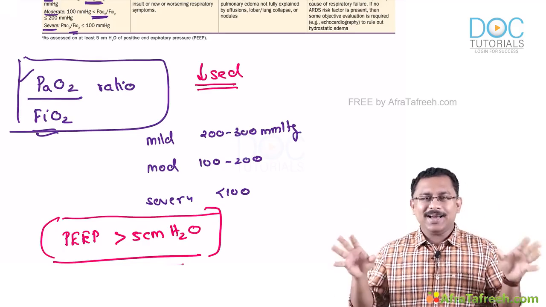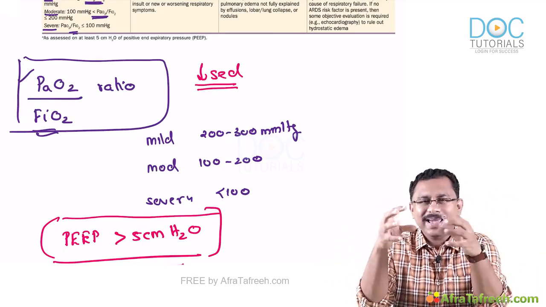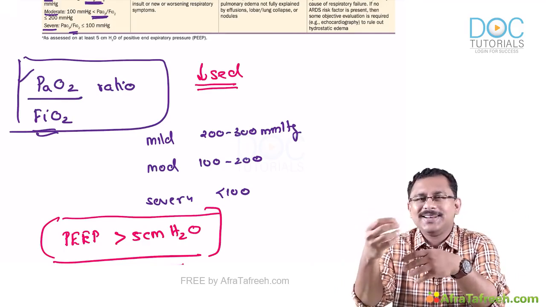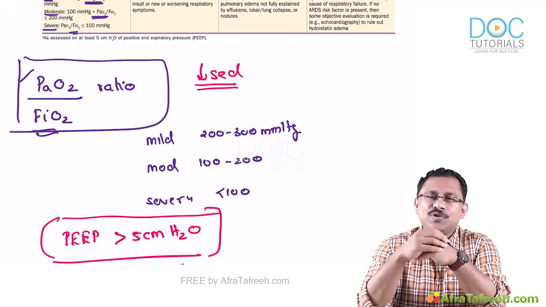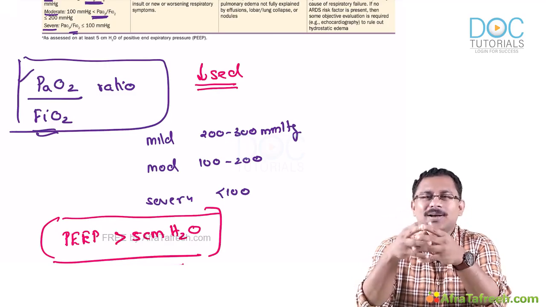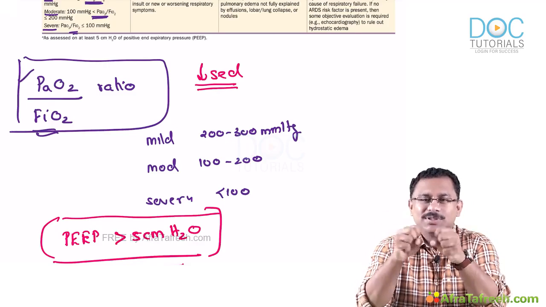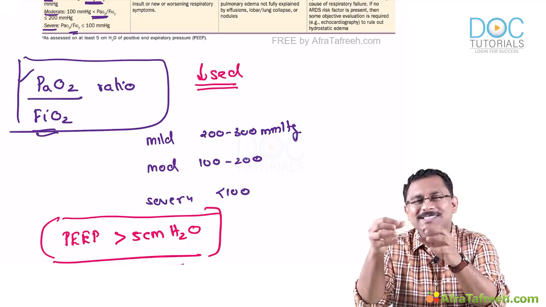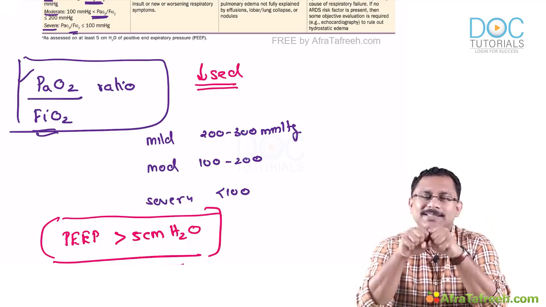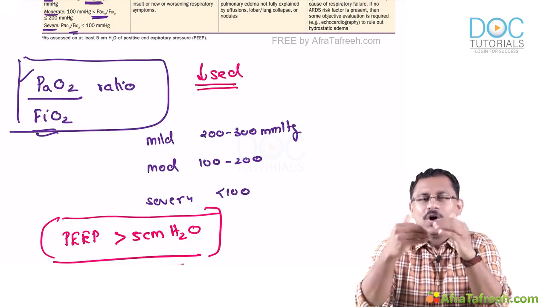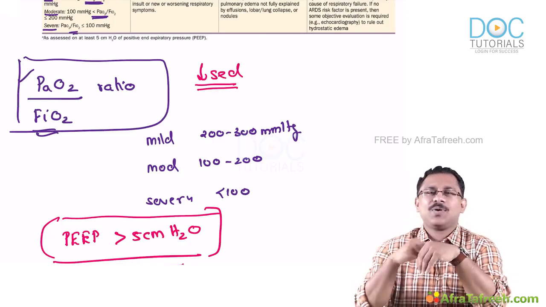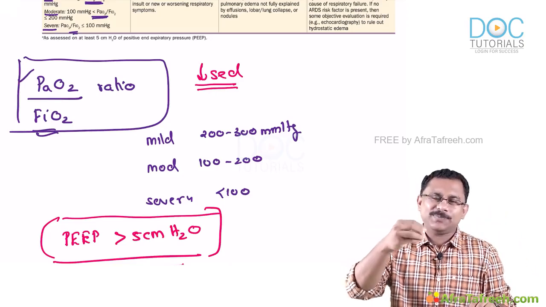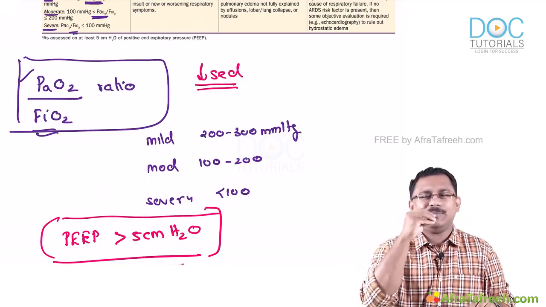See, in ARDS, we saw that the alveoli are filled with some fluid, and along with that, we also saw that there is some surfactant loss. So when there is a surfactant loss, I told you that will result in alveolar collapse. So alveolar collapse mainly occurs in what stage? Is it inspiration or expiration? Expiration. So if you do not keep your PEEP high, then what will happen is that towards expiration, your alveoli will collapse.